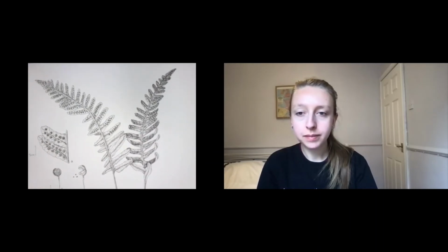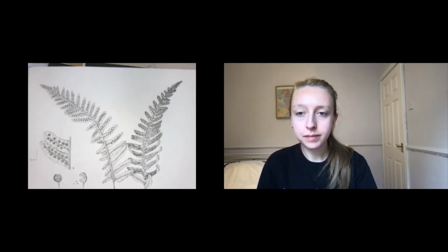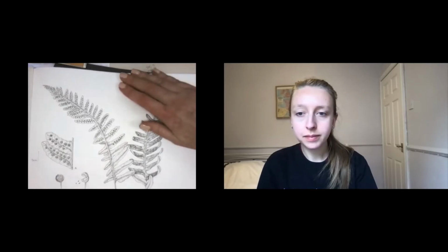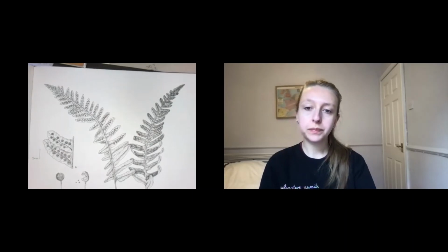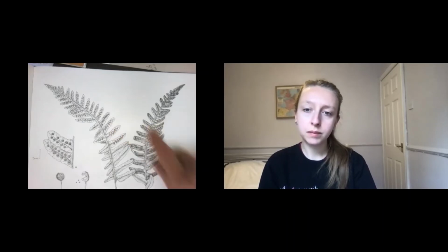Just the opposite page here is a drawing that I did of Polypodium vulgare a little while ago, and that's a pen and ink drawing, and that's the sort of thing that would be typical for a scientific paper, or a less fancy field guide. But again, front and back surface of the fronds, and an enlargement showing the sori, and then